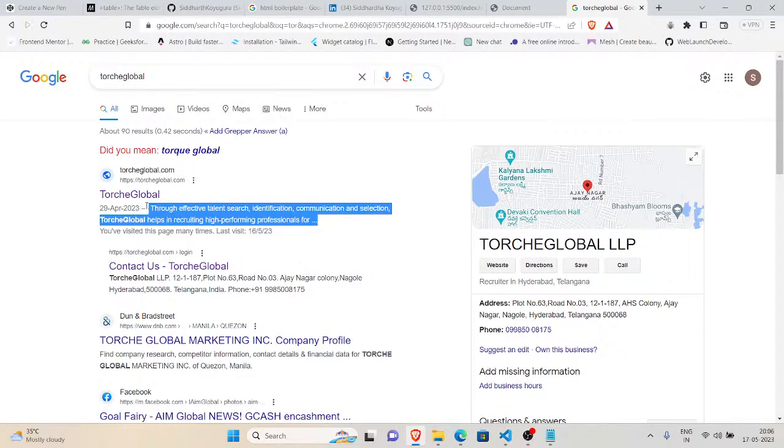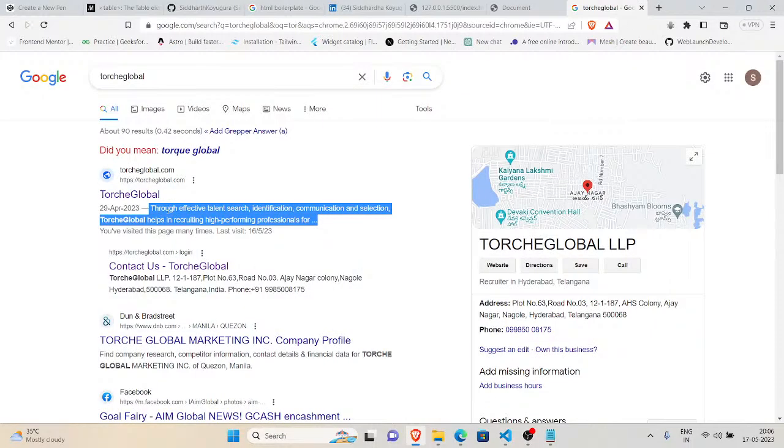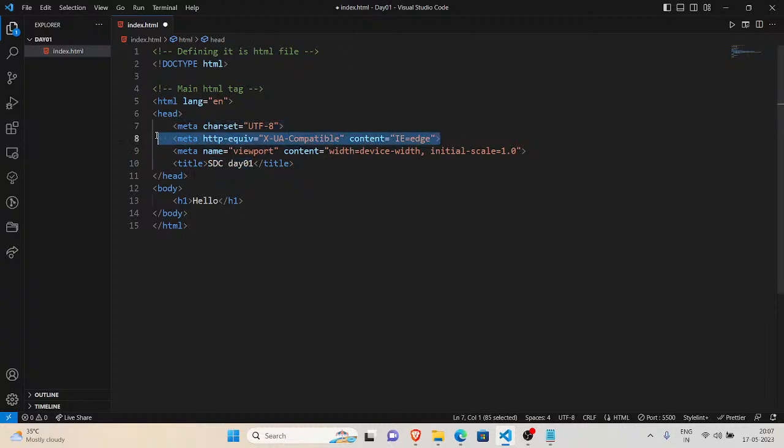It is because it is present in this head tag. We give it through meta tags, and the title is from here, Torch Global. Through meta tags we provide the description for search engine optimization. That's it. Also, in the head tag we include external CSS files.